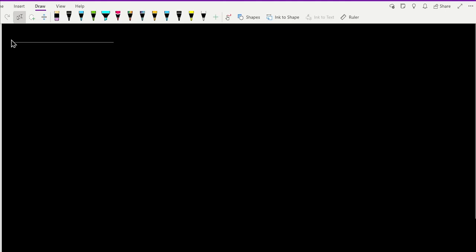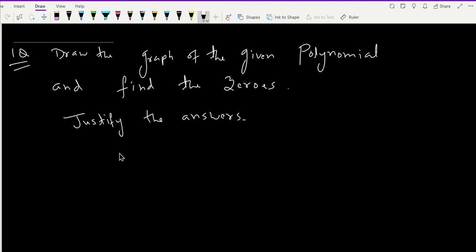So first of all, let us see the first question. The first question is related to graph. The first question is: draw the graph of the given polynomial and find the zeros, justify the answers. First thing is that you have to draw the graph, find the zeros and justify the answers. Now let us see how to draw the graph. So the question is